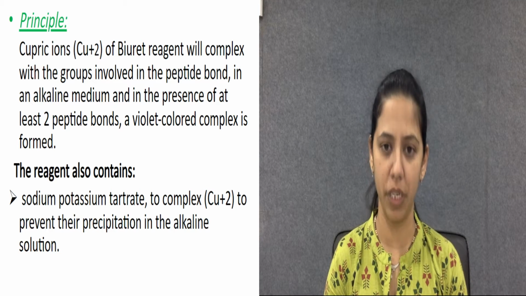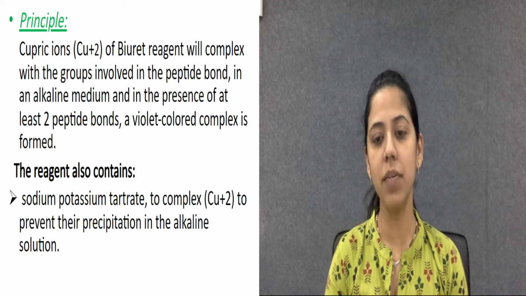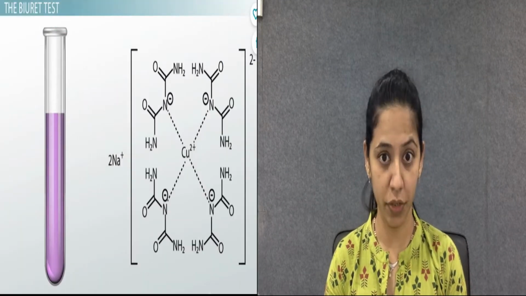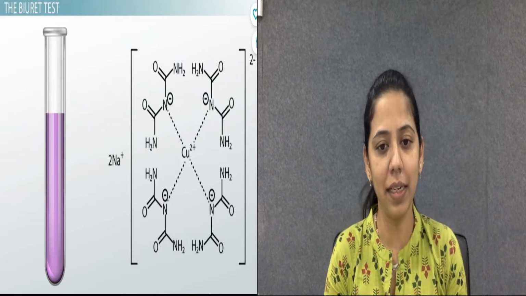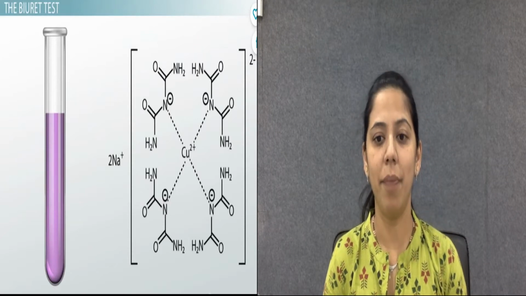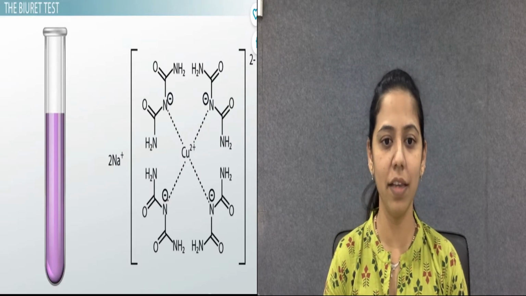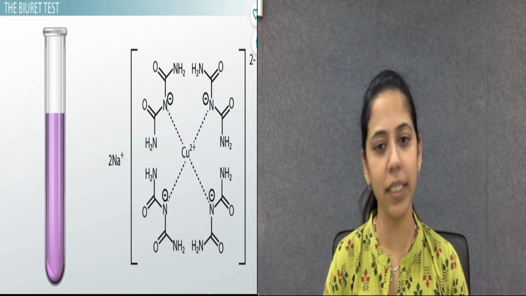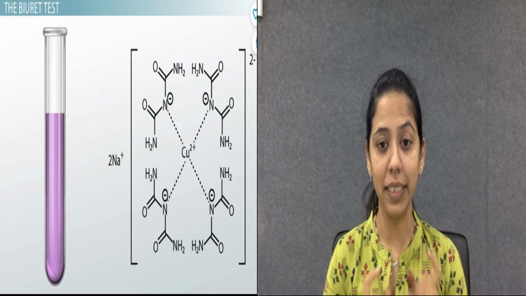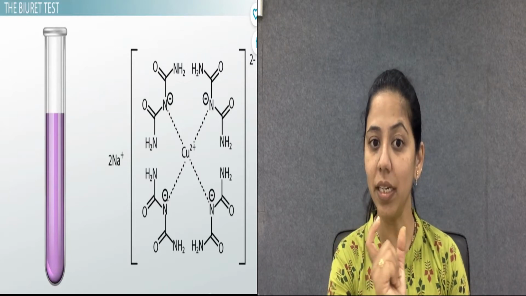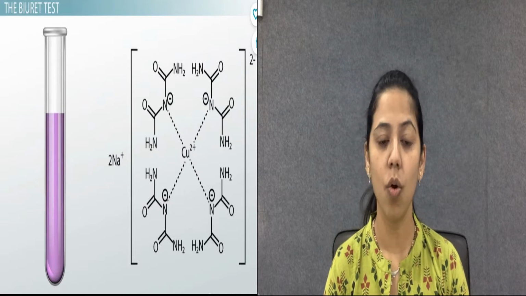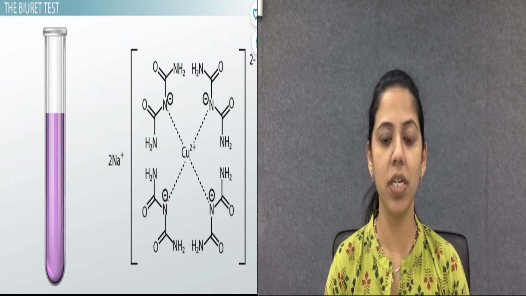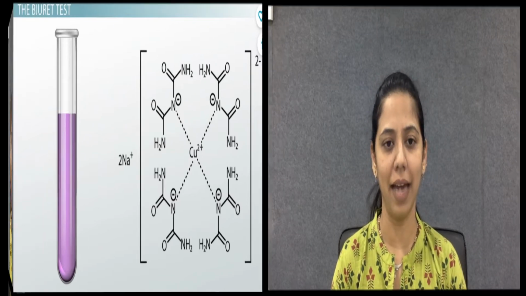measurement of total protein. The peptide bond present in a protein reacts with the copper sulfate in an alkaline medium. So particularly cupric ion in an alkaline medium binds to the peptide bonds of protein and they form a colored complex, particularly purple or violet color complex. And the intensity of the color can be measured photometrically, and that can be used to determine protein concentration present in that serum sample.